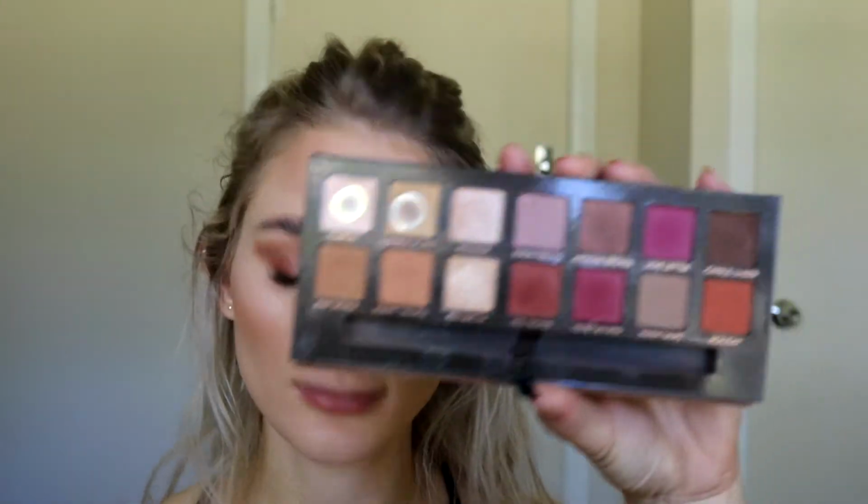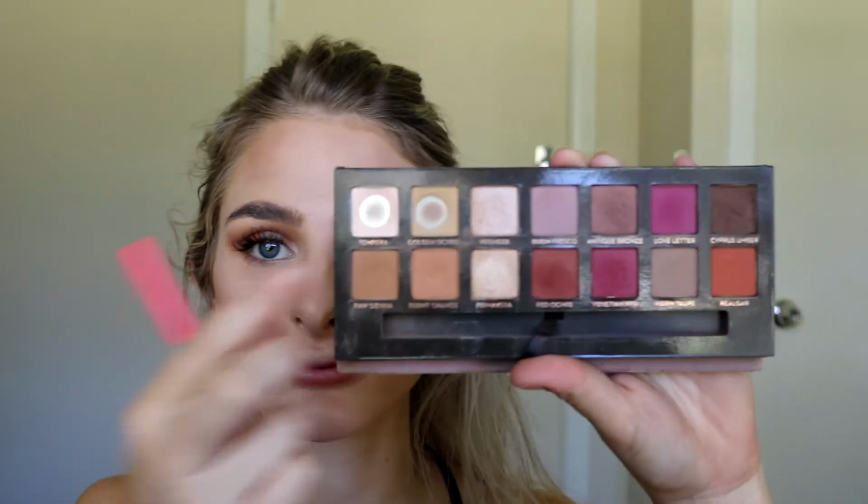I've literally gone through probably 4, maybe 5 tubes. It's definitely one of my holy grail mascaras. And like I said, once again, that speaks for itself. You can see the way it makes my lashes look. I just love it. And now, sorry, going back in with that same Zoeva brush, the 231, and picking up